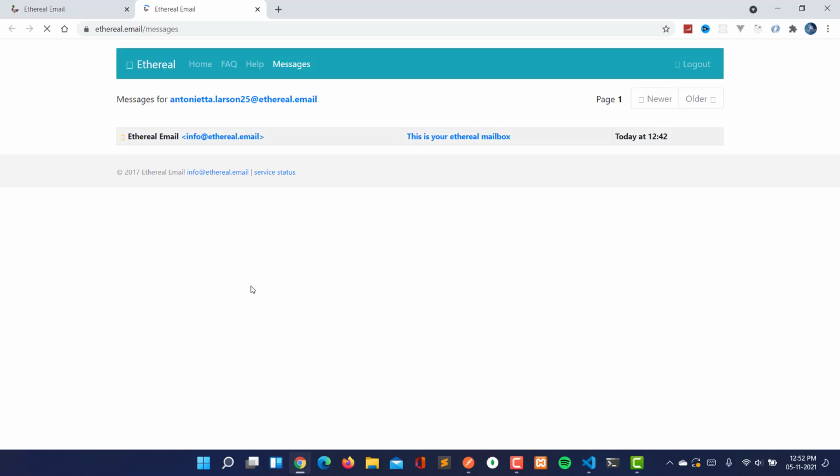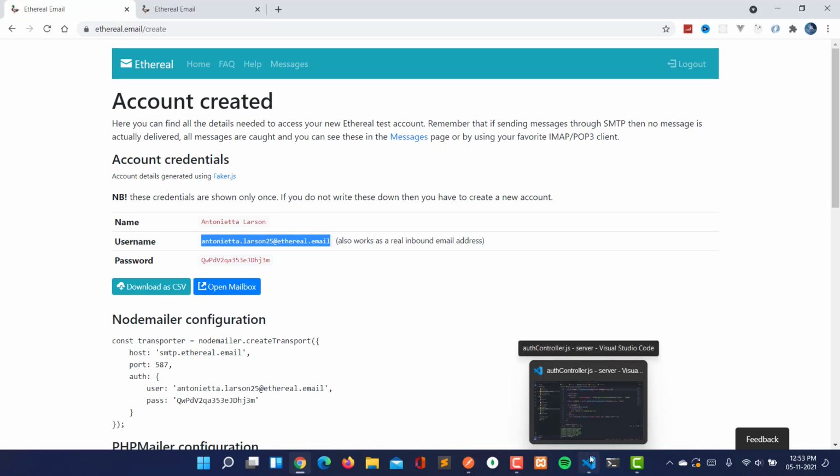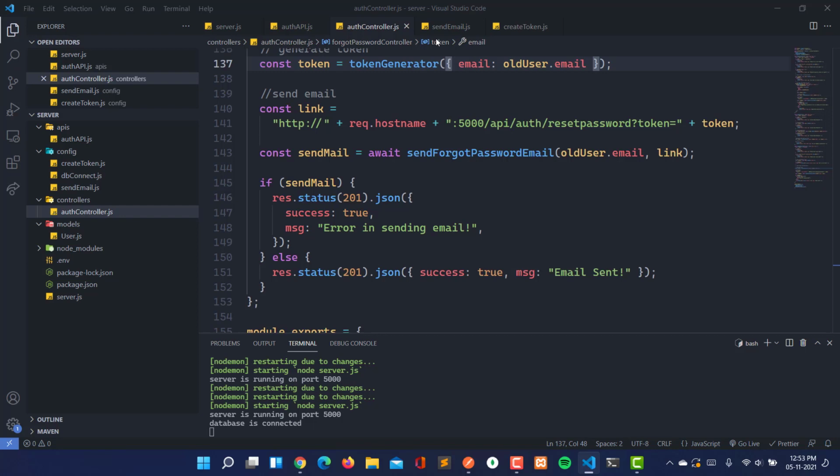So we have to open the mailbox here. So I'm opening the mailbox. So here see that we are getting this one mail, and let's wait for a while. So actually here it is Antonita Larson. So actually I have to change the password also. So I'm going to copy this. Let's copy this and let's go to the send email.